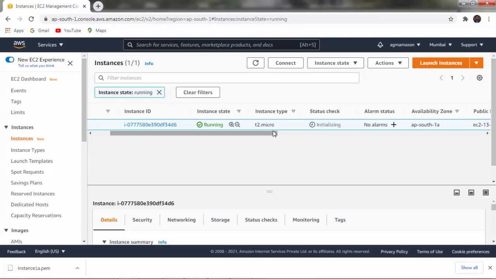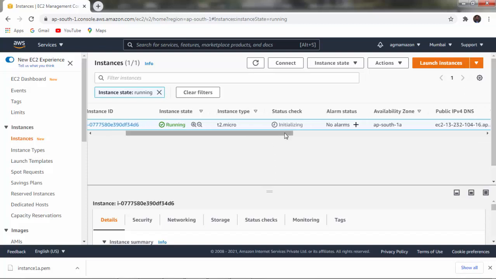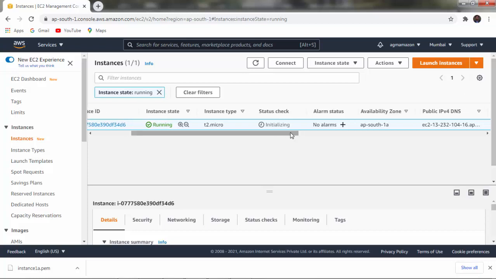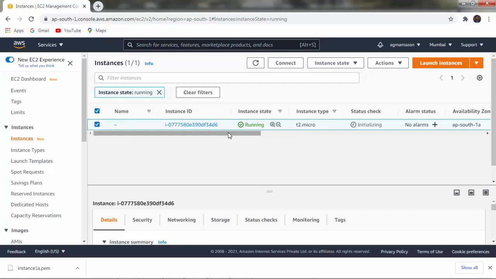The instance type is T2.micro. Status check is still initializing. It means that we have to wait until the status check is 2/2 checks. Once the status check is 2/2 checks, it means that our instance is ready. Then after we can use our instance.